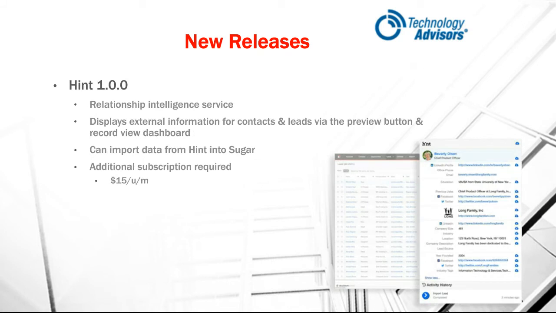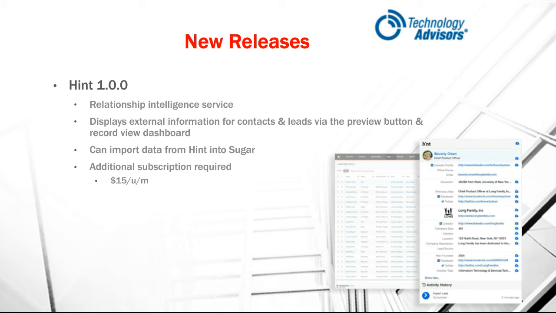Since our last user group, a lot of other releases have happened. So one that Sugar is really excited about, and you've probably gotten some marketing emails from Sugar about, is Hint. Hint version 1.0 was released, I guess I wouldn't put the date on here, but very recently, last month, early this month. And Hint is a relationship intelligence service. What that means is it's going to take the information you have in Sugar, namely someone's email address and name, and look in external systems, LinkedIn, other sources as well,